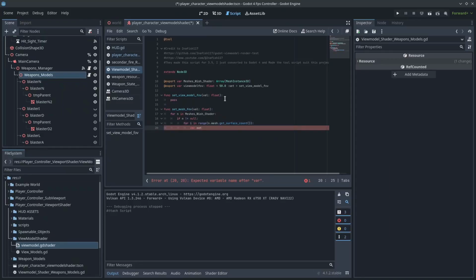So we'll go var mat is a material equals n dot get active material, and it'll need an integer for the surface. That's why we're looping through this surface count here. We'll pass in i,